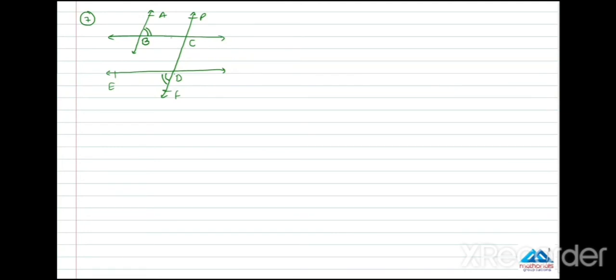So student, if you people see carefully, ABC and BCD is forming Z-shaped angle, alternate angle like this. Suppose these two lines are parallel and this one is a transversal. So angle ABC is equals to angle BCD, forming Z shape like this, and Z shape angles are alternate angles and alternate angles is equals to each other.